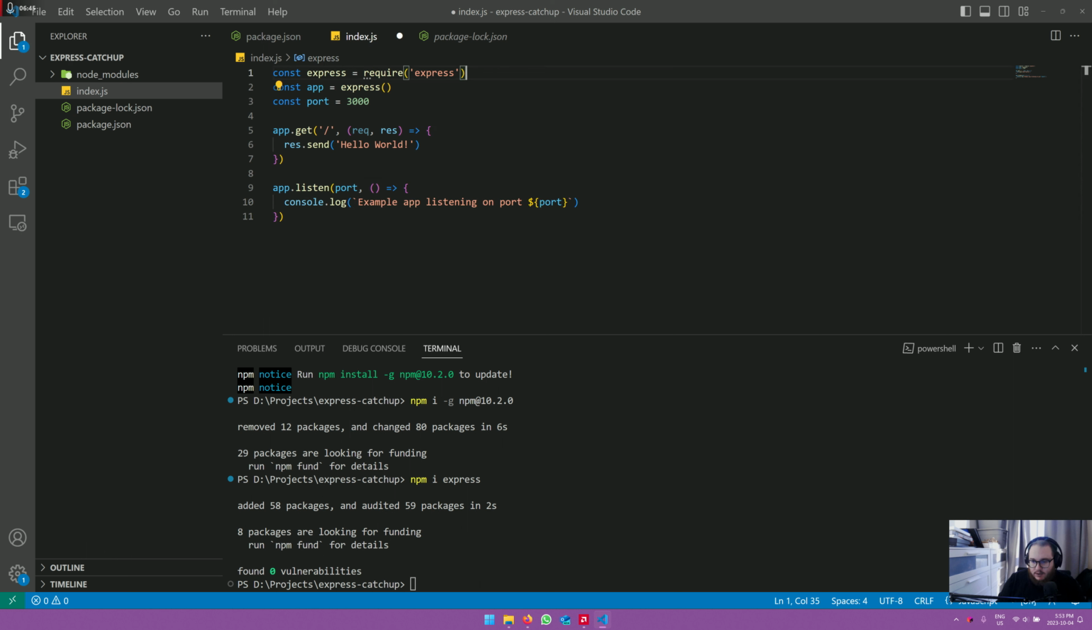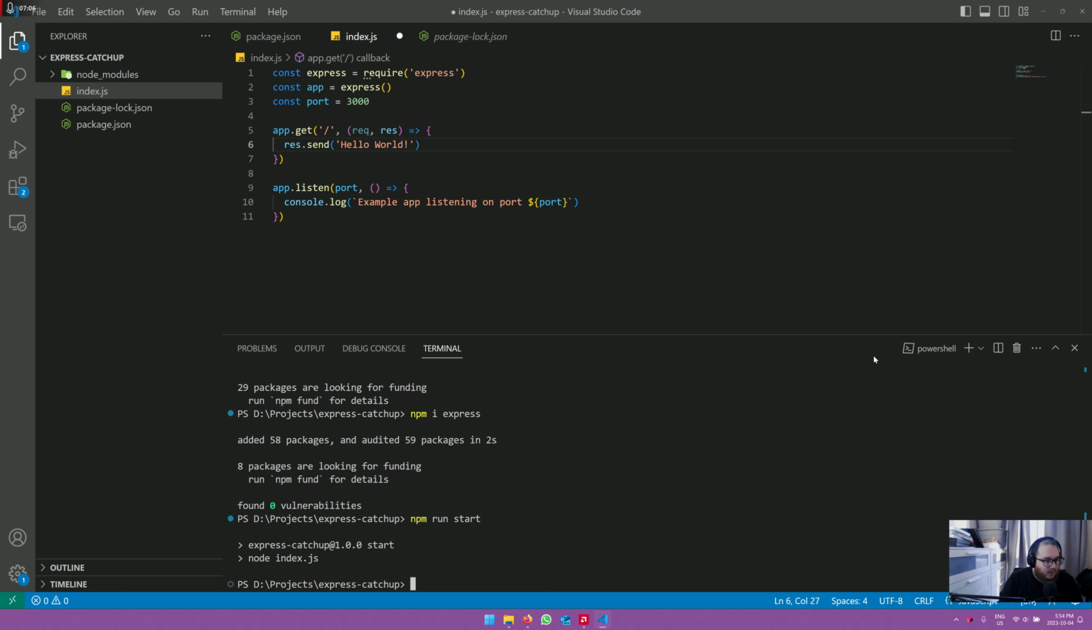It imports Express. I'm going to update this to a much later version, but it doesn't change anything. Yep, it sets a port, and then it just says, hey, if you ever do a get from the index page, it returns hello world. So we're going to do npm run start, and